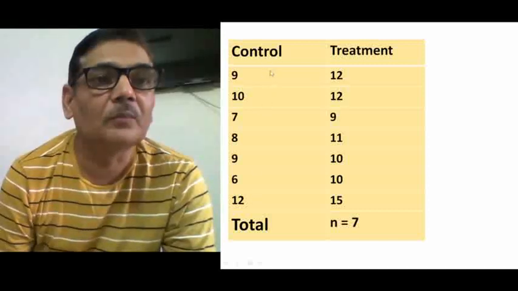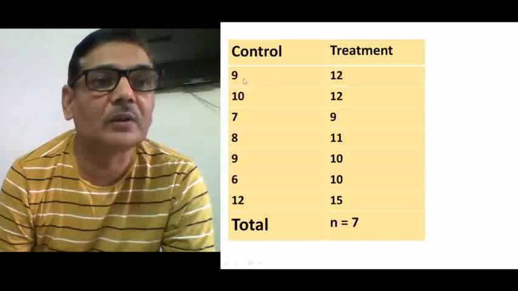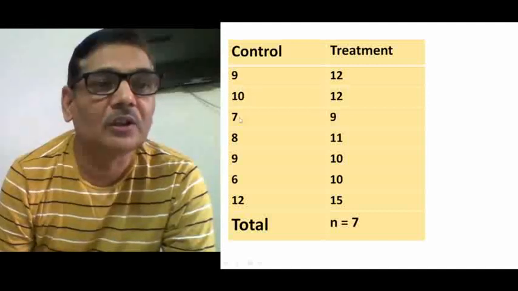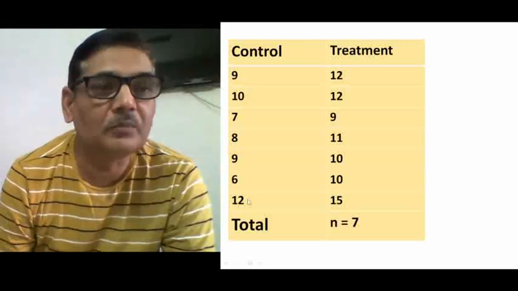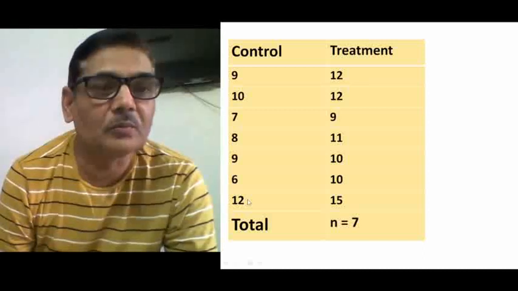So individual 1 possesses 9 gram per 100 ml of blood, this much is hemoglobin content. Then the other one has this 10 value, the third one is having 7 gram per 100 ml of blood. So likewise you have measured 7 individuals randomly from a population,